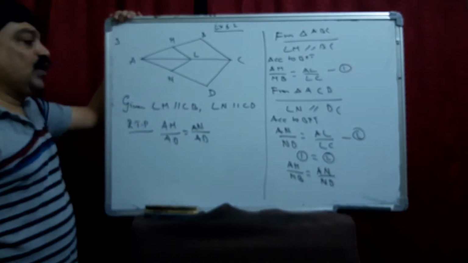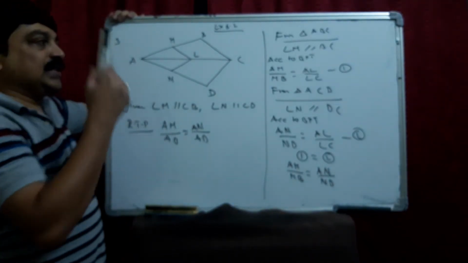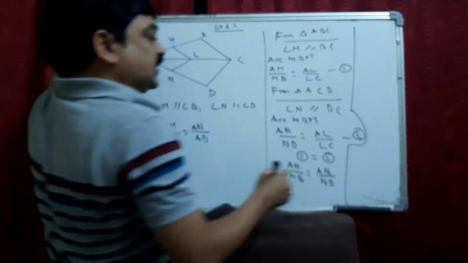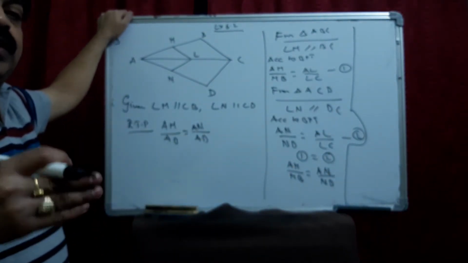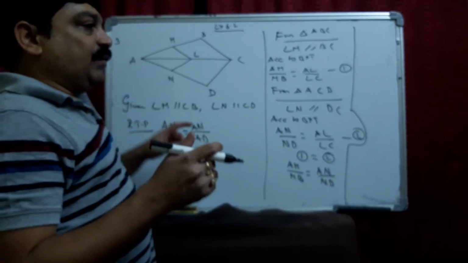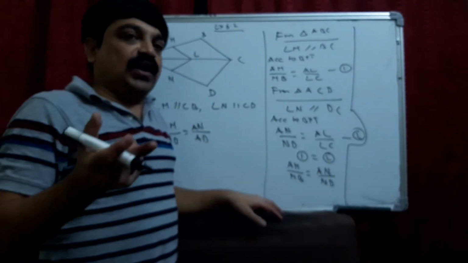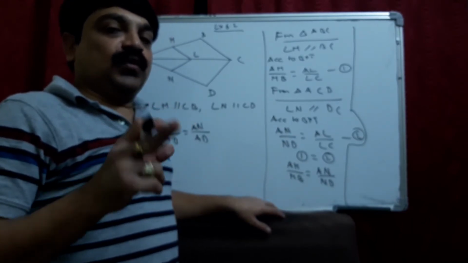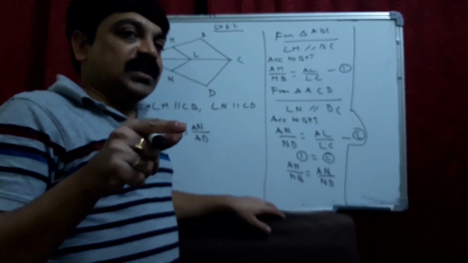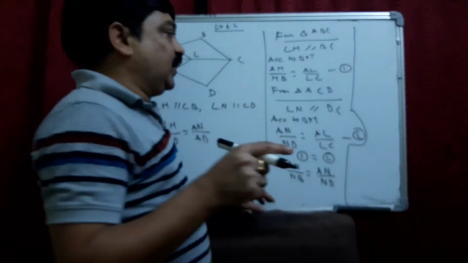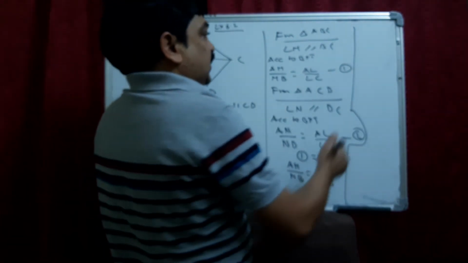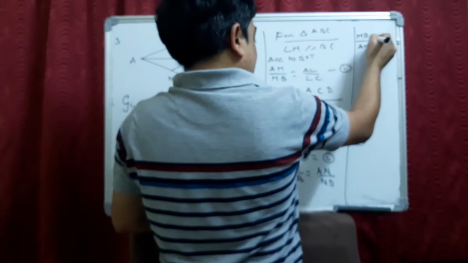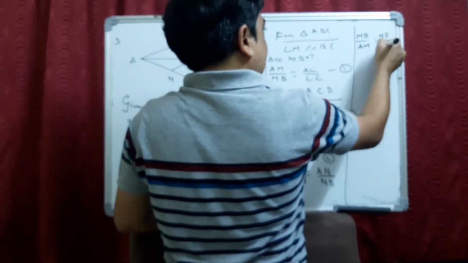But this is not what we have been asked to prove. We are asking something else. So what to do? I'll tell you. For these cases, we have to do like how we did in the extension of BPT. First we take the reciprocal, then you have to add 1, then again take the reciprocal at the end. That is the process to prove such things. Just go through the BPT. Okay, now first take the reciprocal of this. Reciprocal of this, MB by AM is equal to ND by AN.